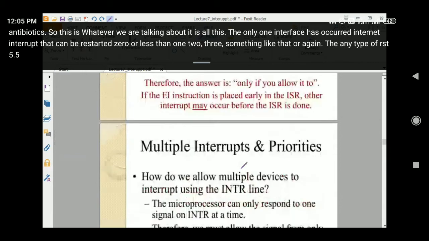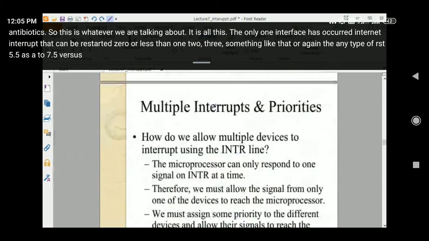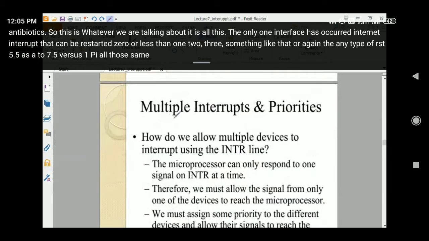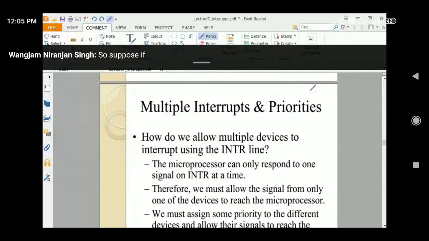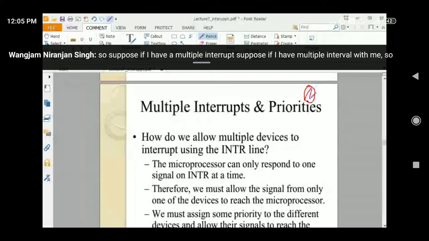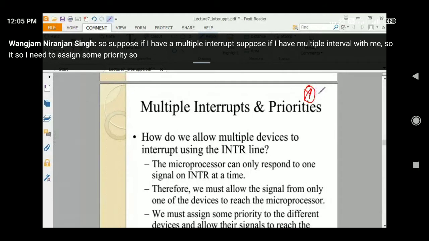So suppose if I have multiple interrupts with me, I need to assign some priority. So suppose एक ही user है. Suppose this is one circle. This is one byte.